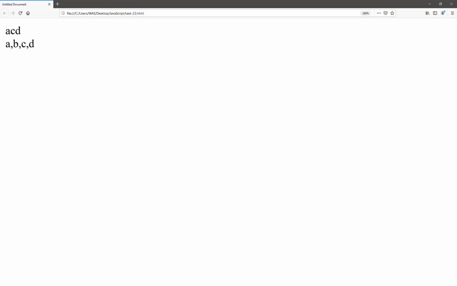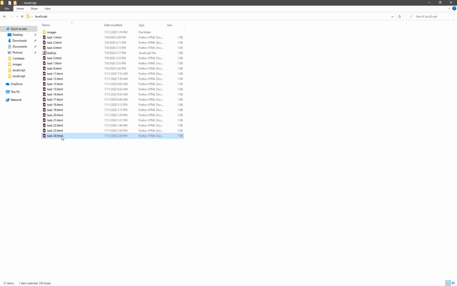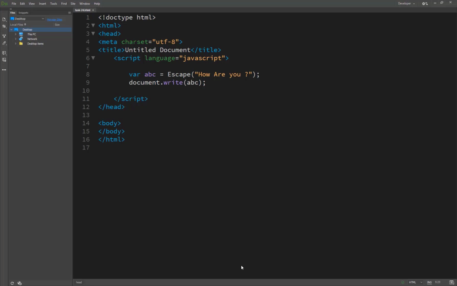So this is our task 24, I think. In task 24 the results are not showing, so where is the mistake? It's the variable escape, and it's 100% right, so why doesn't it work? I checked it.